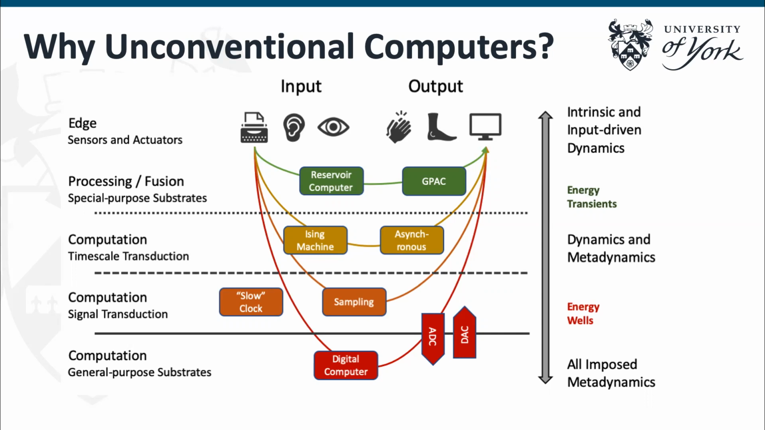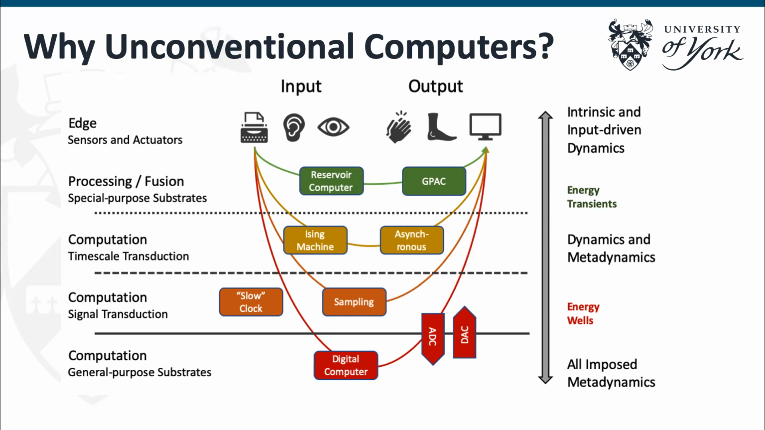So if you then go up the stack here, we have to do certain things to reach our computer from the real world at the top with the inputs and outputs. We need sensors and actuators. We need processing. We need different modalities. We need to translate between different timescales when we do sampling. We need to do signal transduction,